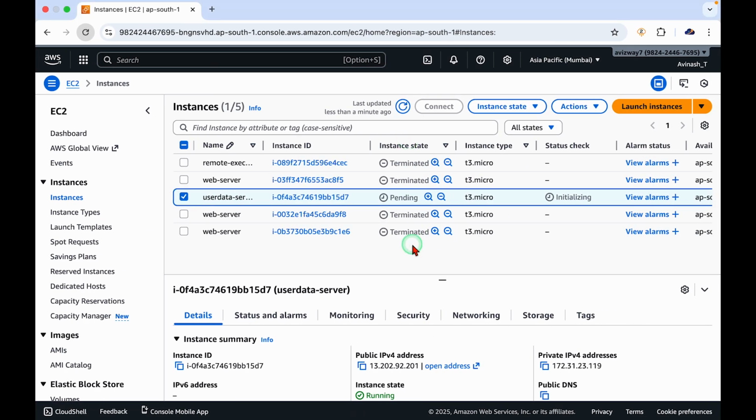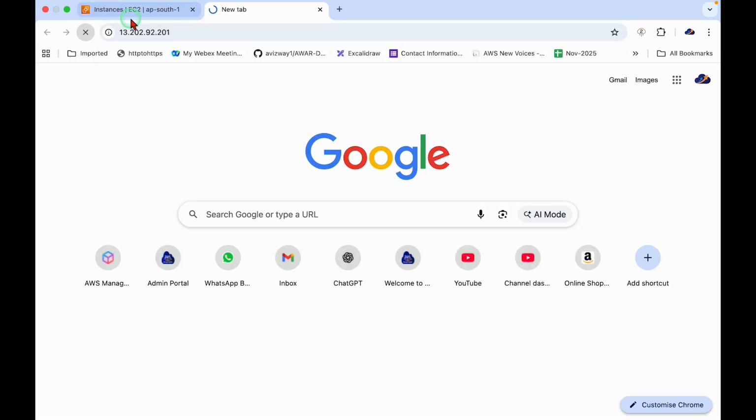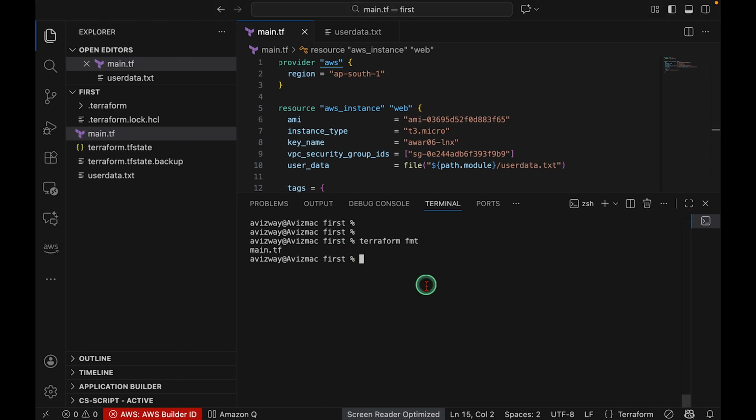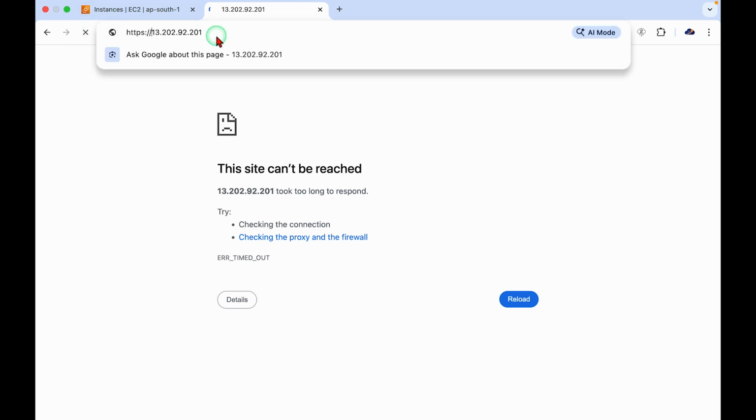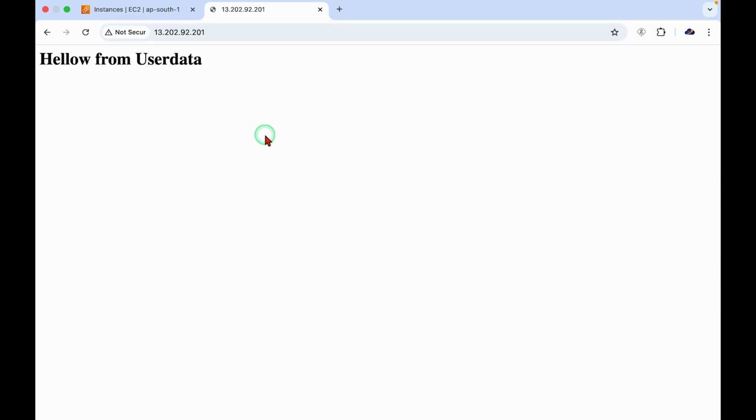So let's see whether the instance launched, and once the installation is completed we should be able to get the output. It is going to take around a minute or two. Once we wait we will get it, and the only important thing is the browser automatically picks the HTTPS protocol, so change it to HTTP and we are able to get the output. Again, this local exec is not a commonly used option, and user data is an option that if you really want to execute something